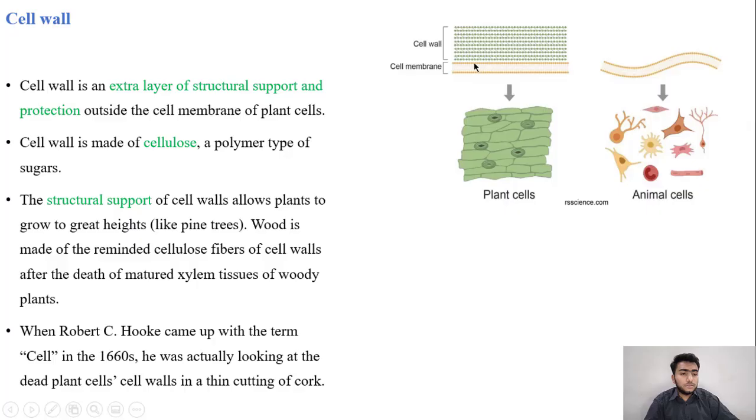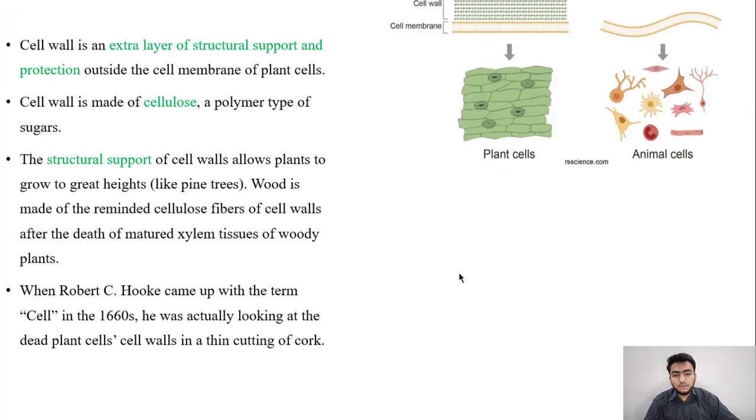So the cell wall is an added structure, an added support and protection to a plant cell, and then comes underneath it the cell membrane. On the other hand, an animal cell only has this cell membrane, and remember that the cell membrane is really a fluid structure. It's not really rigid, and it does not assume a fixed structure and fixed shape. So that's why plant cells are seen as ordered and in perfect manner when seen under a light microscope.